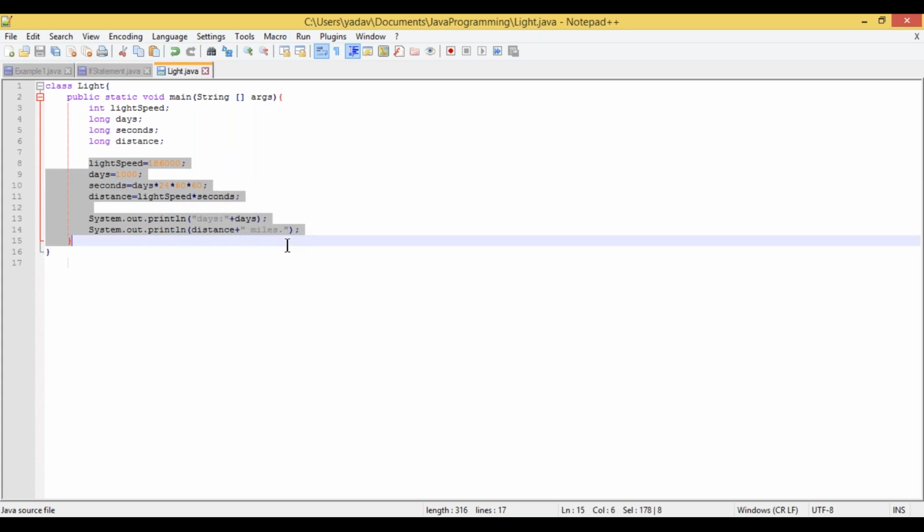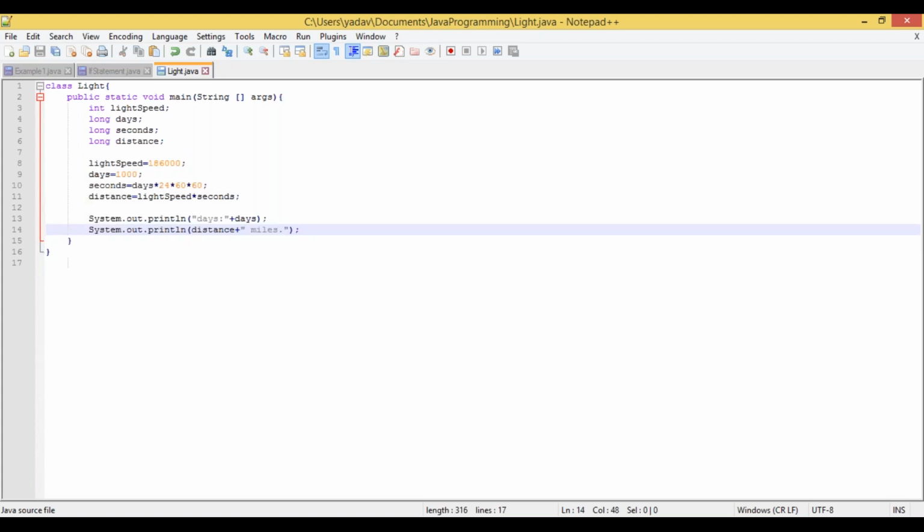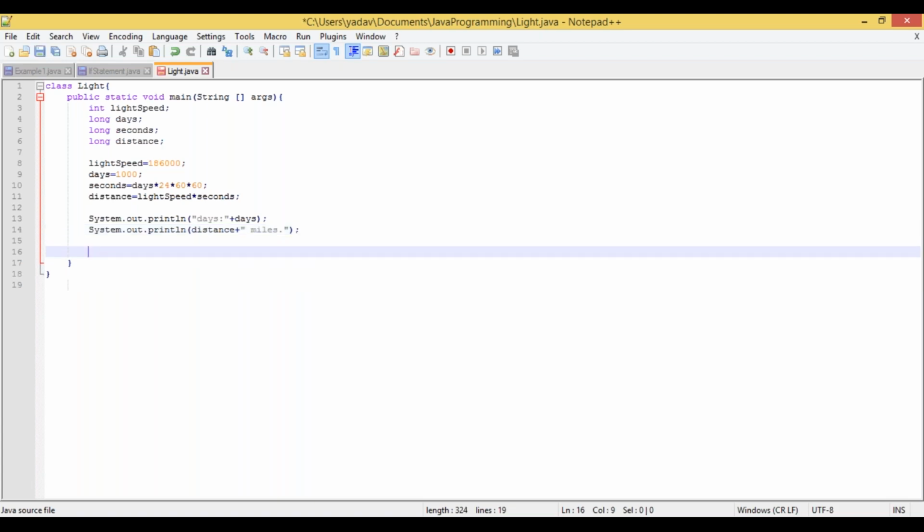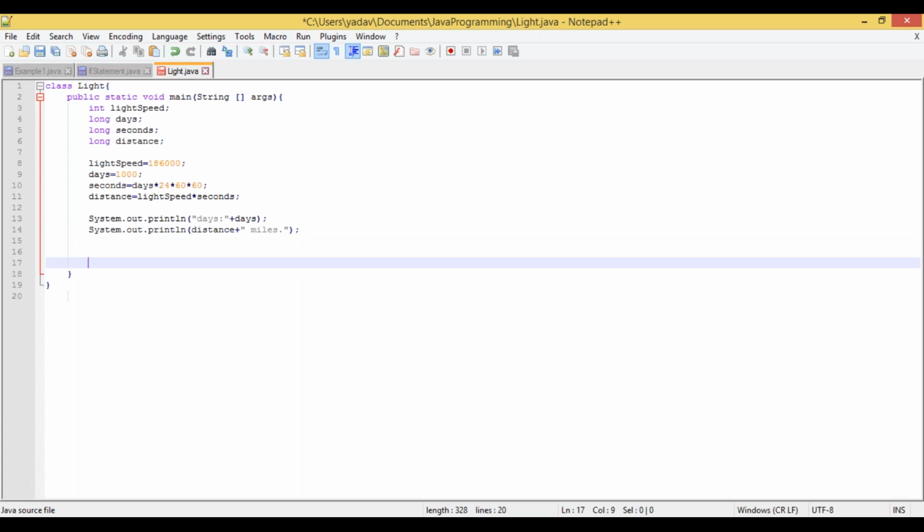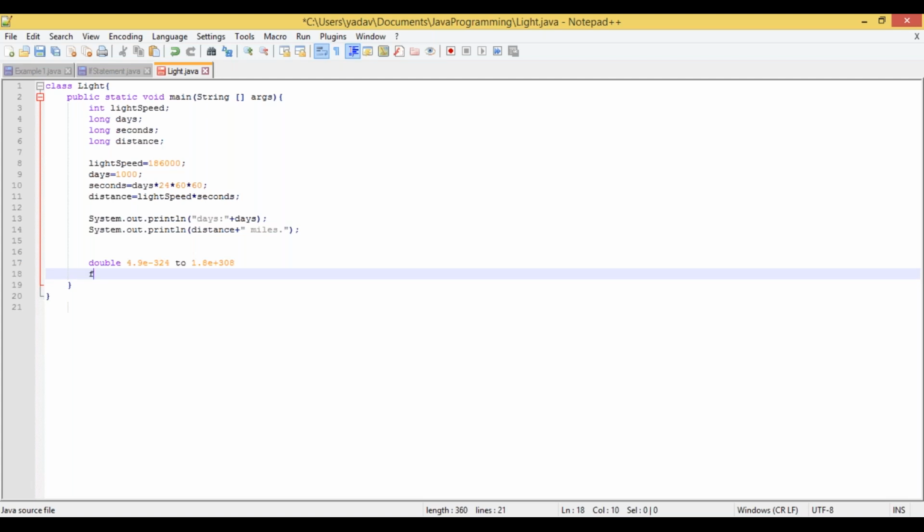So now let me move to the floating point. How can we use it? Here I'm writing the floating range. So what is the range here? The range is very different, like 4.9 e minus 324 to 1.8 e plus 308. So this is the range of double,